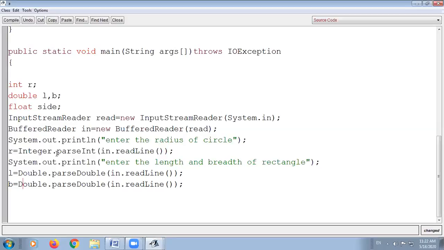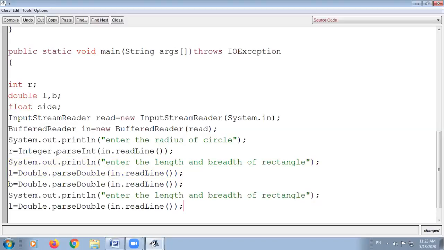Next statement: you have to accept the side of the square in order to calculate the area of the square. You will copy from here and change the statement to enter the side of the square. After this, the user will enter the value for the side variable.